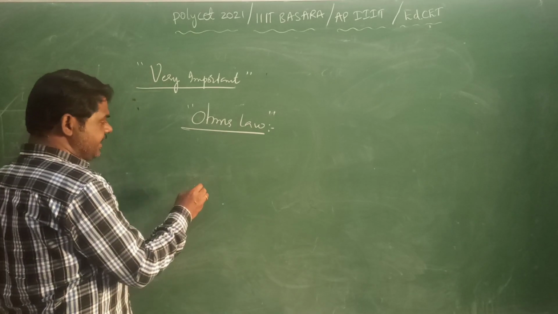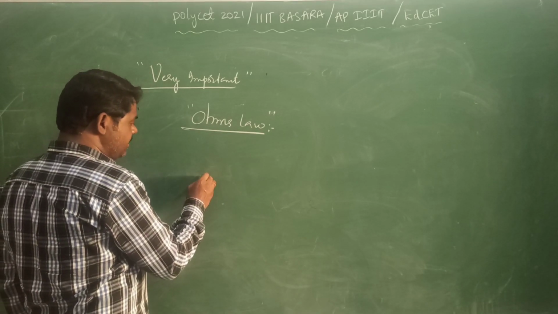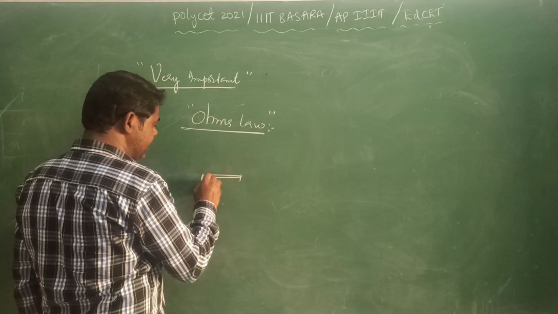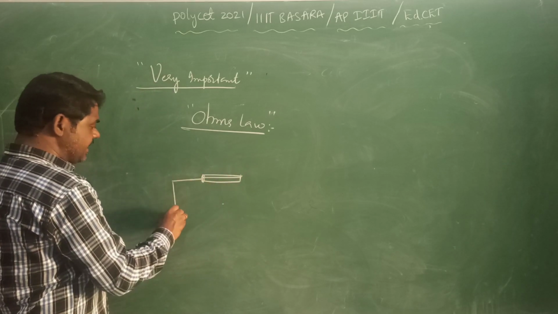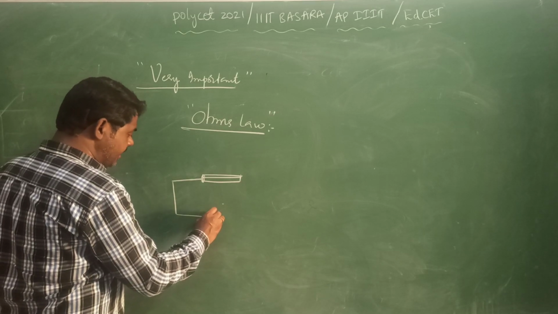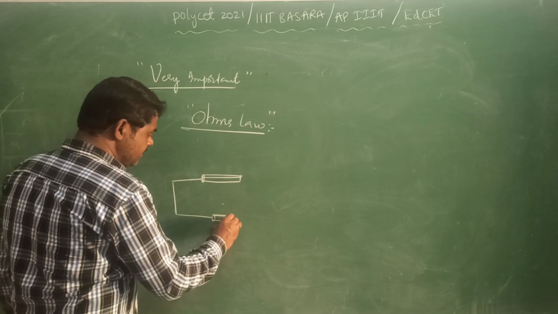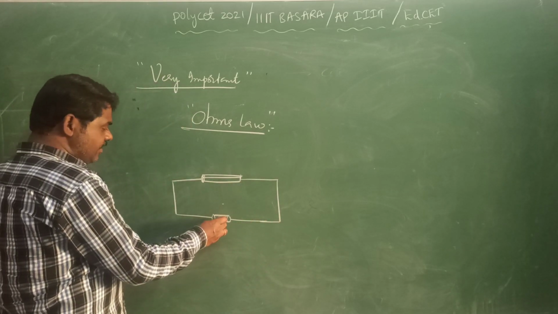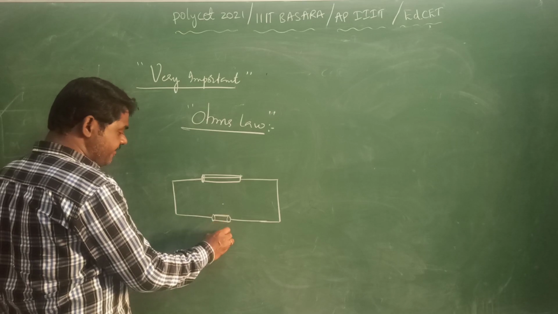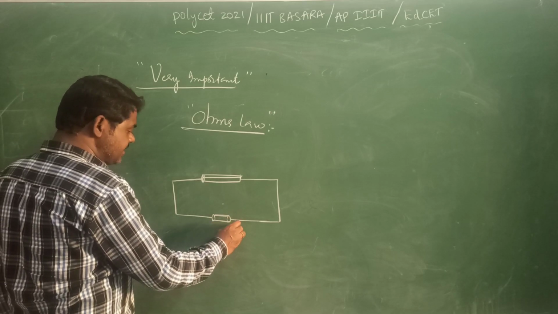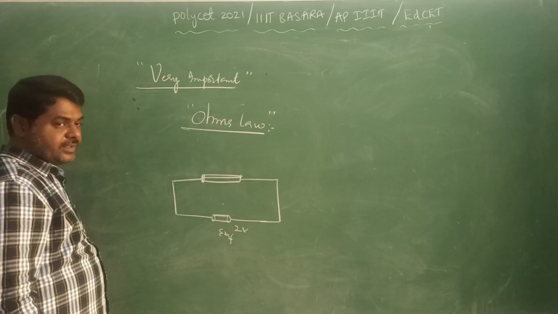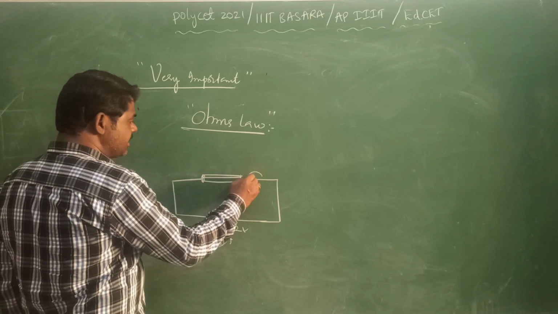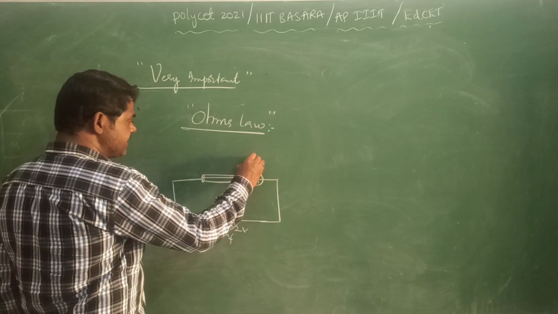So Ohm's law, what it says: first, if you have an iron spoke or a conductor here, this is a metallic conductor and it is connected to a battery. I am taking one battery. Say for example, the voltage of this battery, voltage means EMF, so the EMF of this battery is say 2 volts. And here this is carrying some amount of current, say for example 1 ampere.